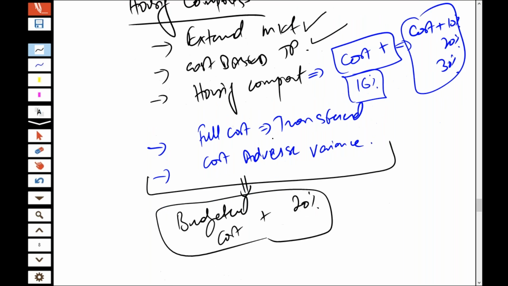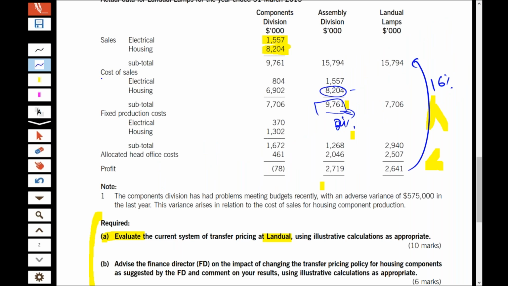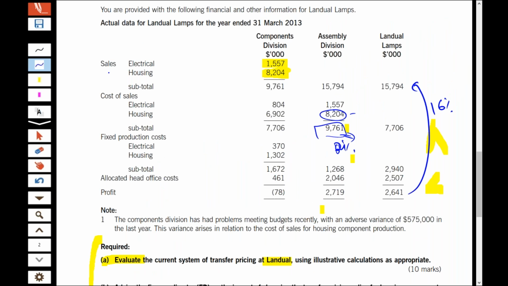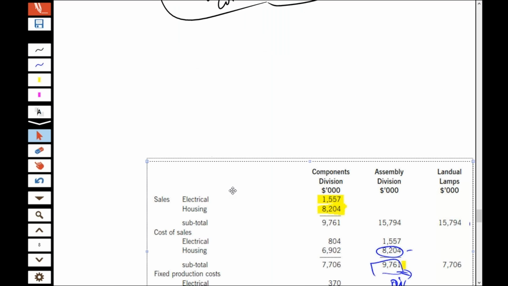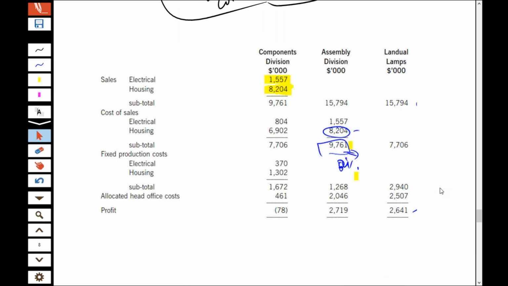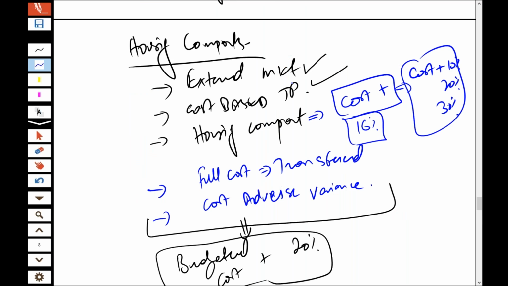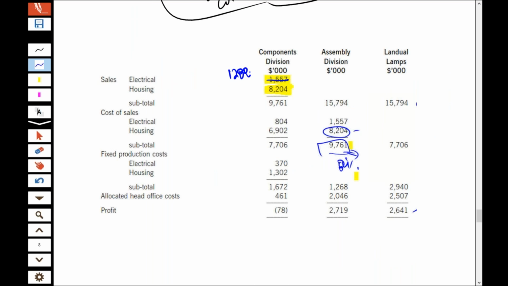So if we apply the changes that we have suggested, try to understand this. On the basis of the changes, you'll have the profit and loss account, which is going to be like this. This sales is going to change to 1288. This housing component sale could be